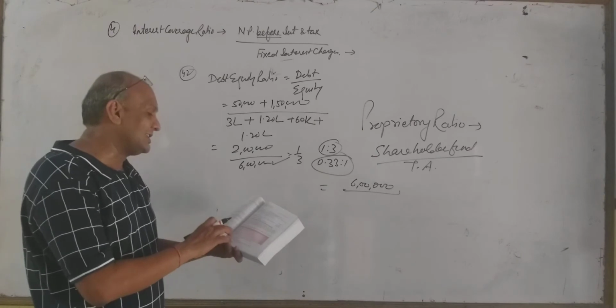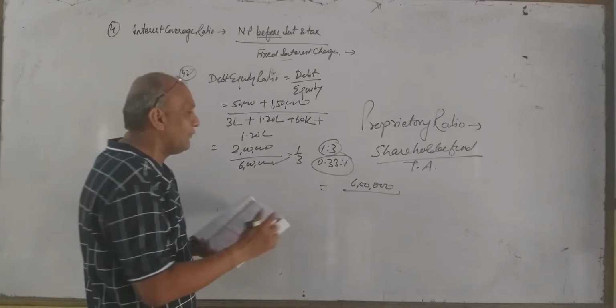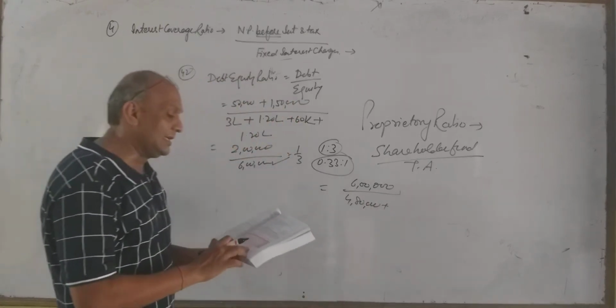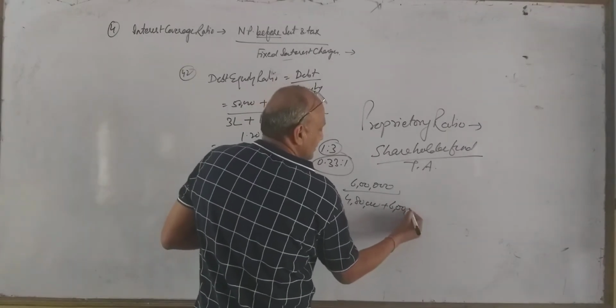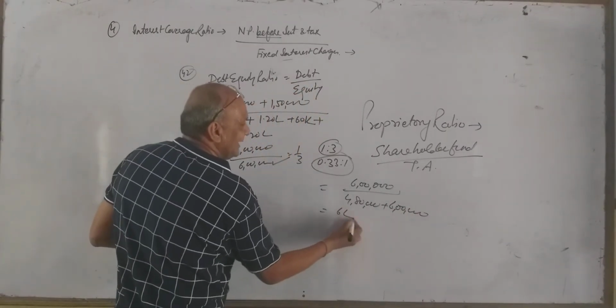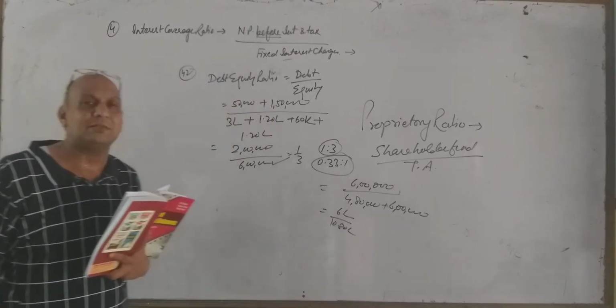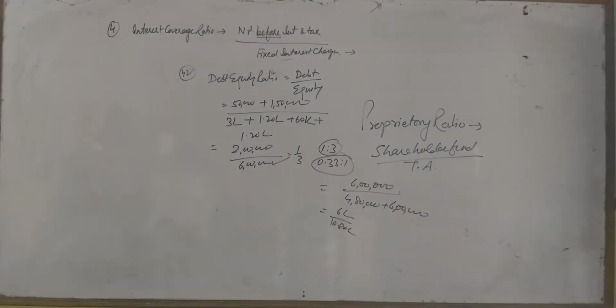So for total assets we have given here NCA, non-current assets, 4,80,000 plus current assets. We have given current assets of 6 lakh rupees. That's all. So 6 lakh upon 10,80,000 and find the answer. This is the second formula. The sum is asking for proprietary ratio.